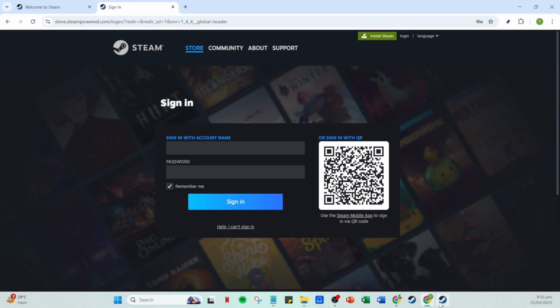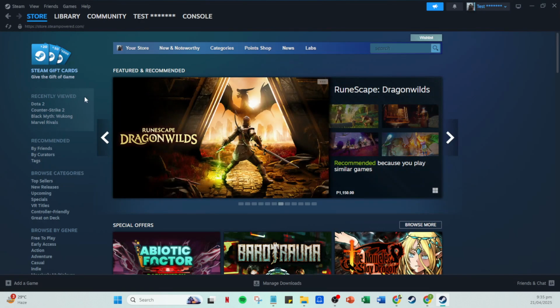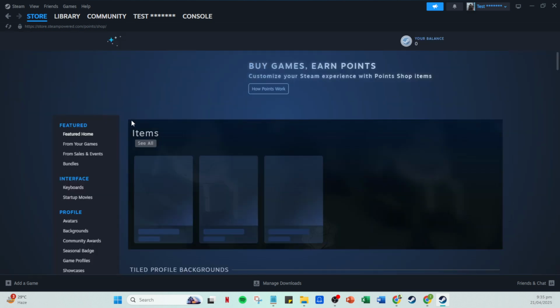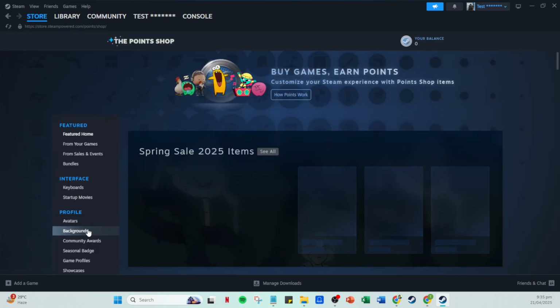Once you're successfully logged in, you'll find yourself on your Steam homepage. This is where your customization journey begins. Navigate through the platform and explore the Steam community market or the Steam store. Here you can browse a wide array of backgrounds available for purchase. Whether you're looking for something game related or a more abstract design, there are many options to cater to your